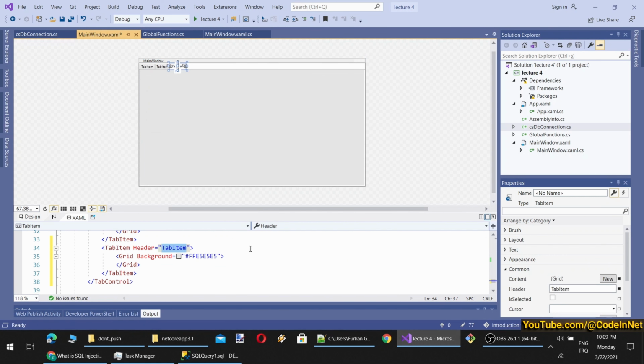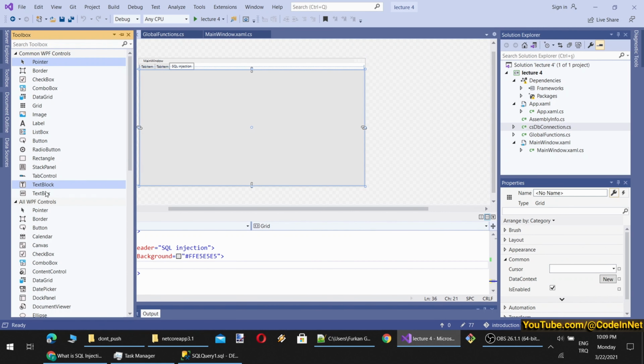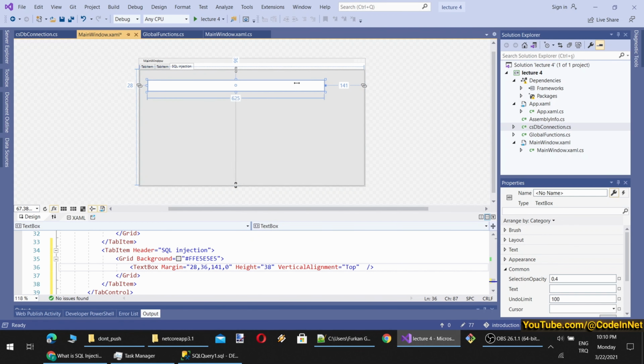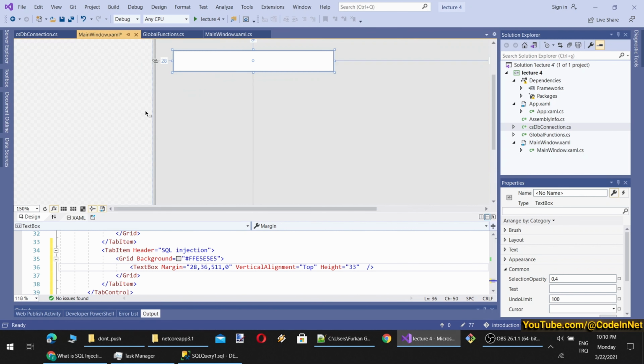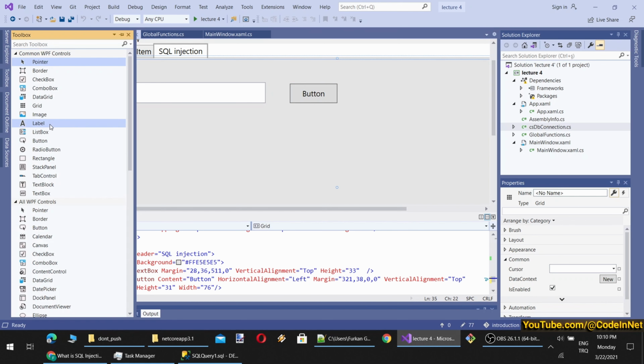And let's call the header SQL injection. Let's add a text box here. Normally, this is what non-professional programmers and students would do. So the text box is taking the entire space. Let's make it smaller. Okay, and here, let's remove the height. If you don't define a manual height or width, then it may change according to your screen size. The design of the interface is something different, and I am not getting into that right now. Let's say this is the username text box here.